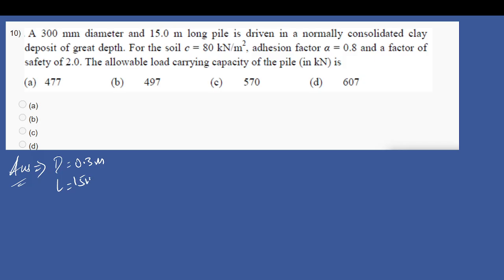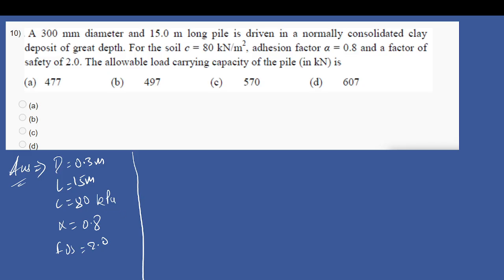Length is 15 meter. C is 80 kPa. Alpha is 0.8. Factor of safety is 2. So the allowable load carrying capacity of the pile in kilonewton is 0.8 into 80